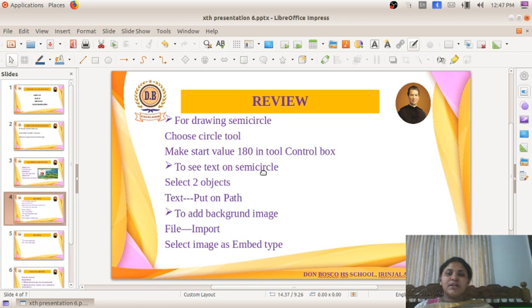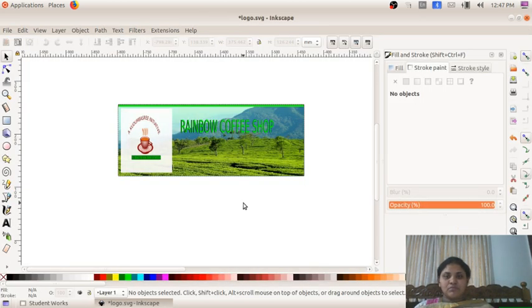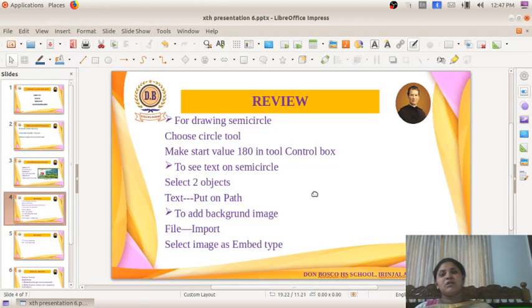After that we have to put text on the semicircle. For that we created a text named Kudumbashree initiative. After that we placed the text on the semicircle. How did we place the text? We used a new method: we selected both the objects.